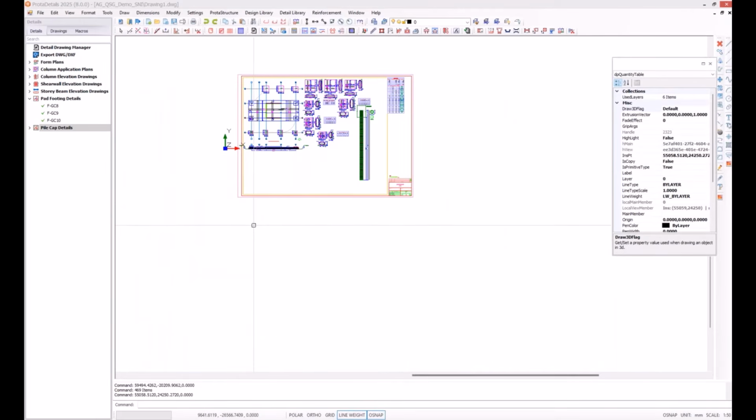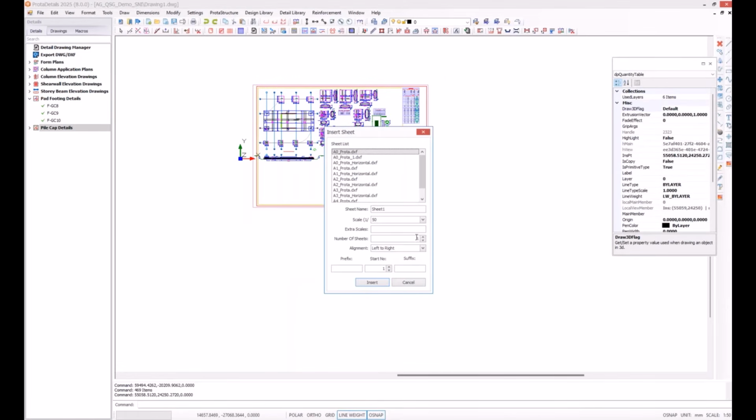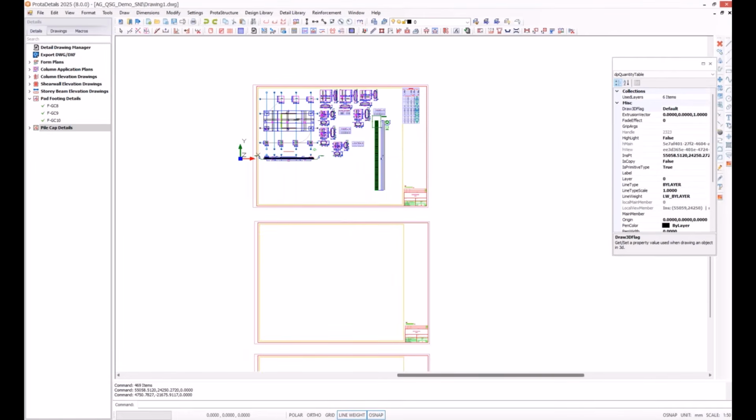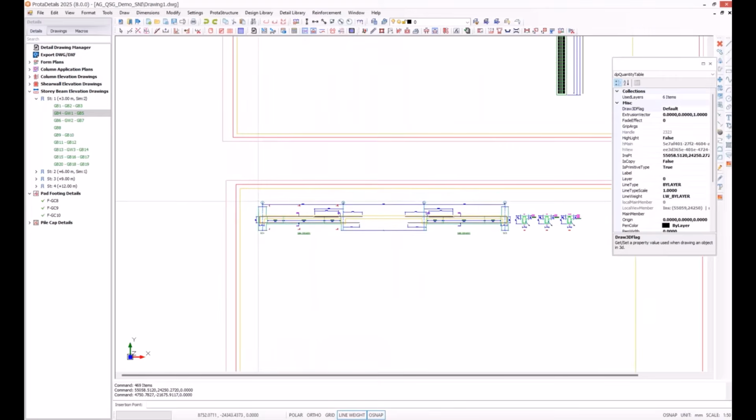And let's create another sheet. Okay, maybe this time let's create multiple sheets, not one, but two, from top down. Again here. And I don't know, we can prepare the story elevation drawings, right? For example, this axis.